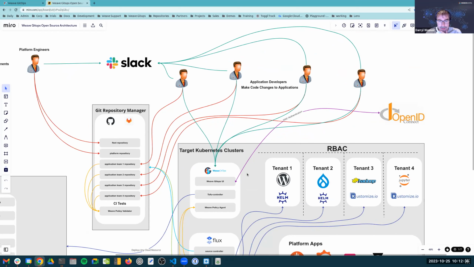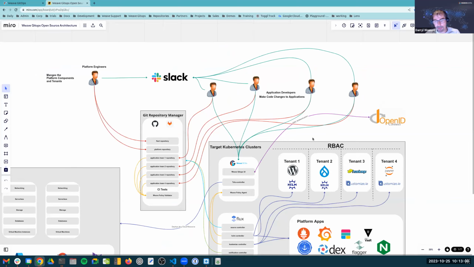And we can show that, in fact, when you're logging into the Weave GitOps UI, you also use OIDC authentication, which can help you with the different tenant views that you need for the different application teams and the platform engineering team. The platform engineering team would typically have access to all of the cluster components, would be able to